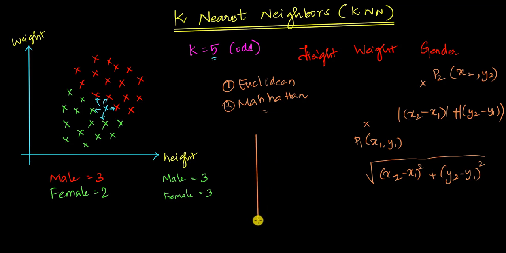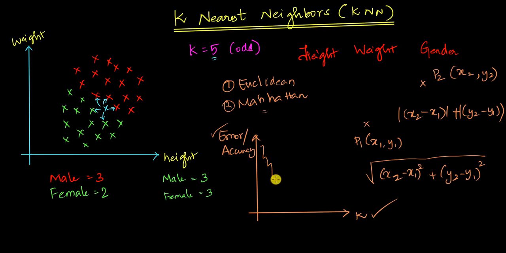One of the methods that we can use to find the k value is to draw a graph like this, and we can take the k value along the x-axis, and either the error or the accuracy rate along the y-axis. We need to change the k value and see whether the error decreases or the accuracy increases, and then choose the optimal value of k. Say, for example, we take the error along the y-axis, and we try multiple values of k. The graph will be generated something like this.